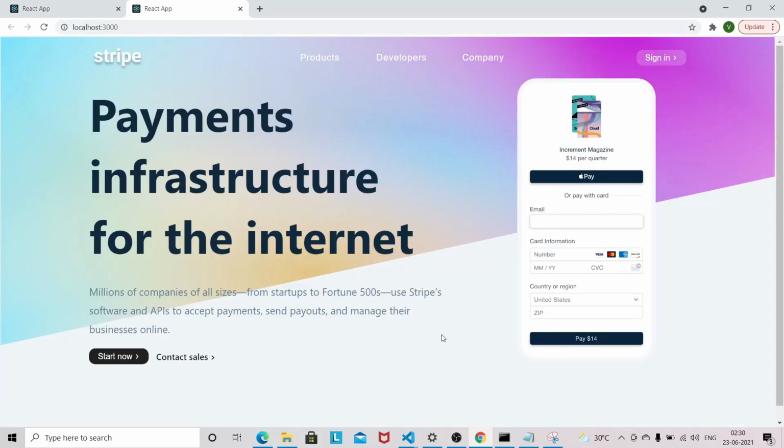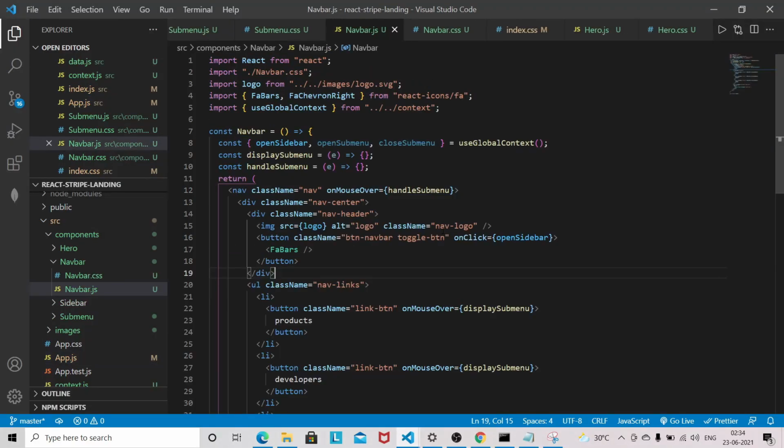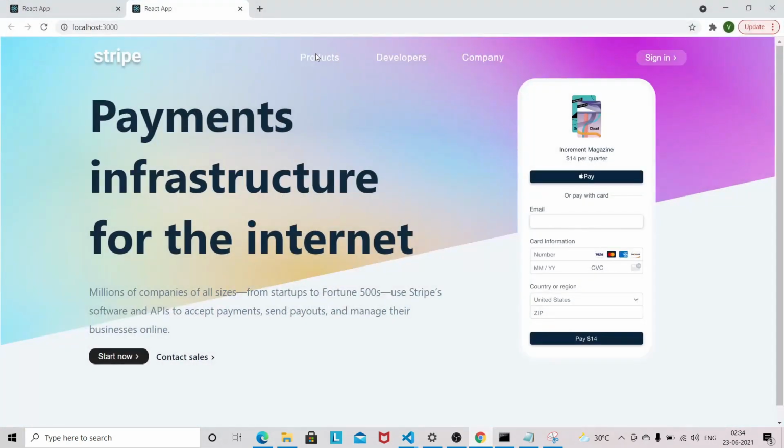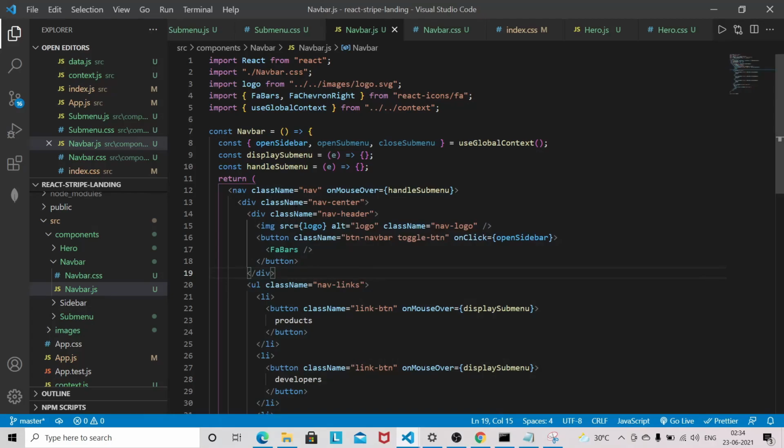So let's go into the VS Code. So the reason the submenu hovering effect is not working is because we haven't worked on the navbar. So in the navbar we have just left out this method as it is. So we have to work on this method. So let's work on this method one by one.